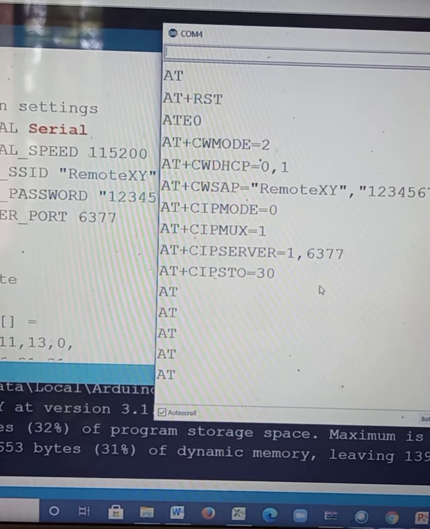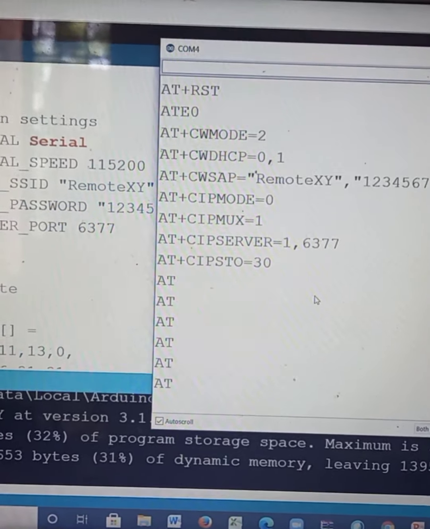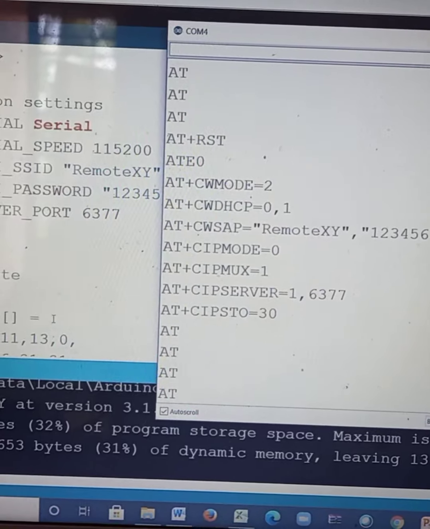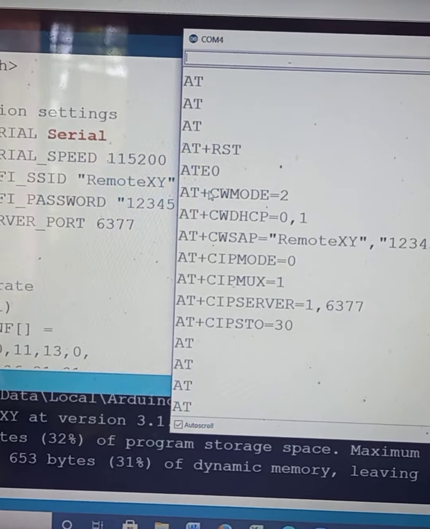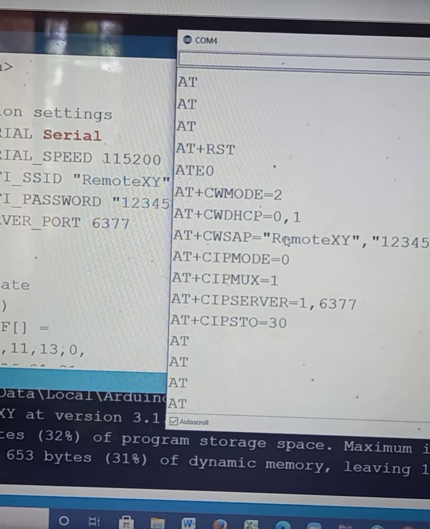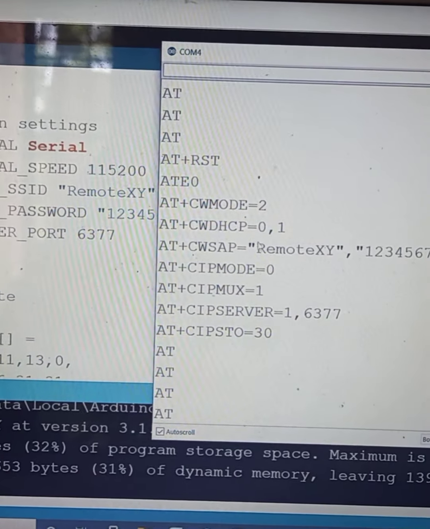As discussed earlier, the same code that connects the ESP8266 to the Arduino IDE using remote XY is uploaded on the Arduino board now. These AT commands, as discussed earlier, will let us know that our ESP8266 module is working, because through these AT commands one can get the responses.